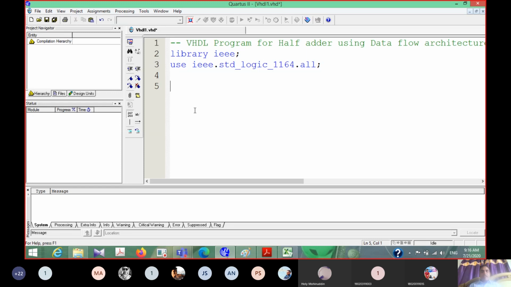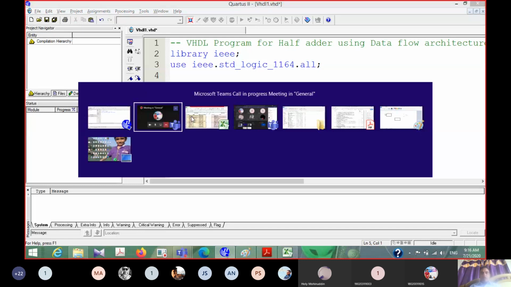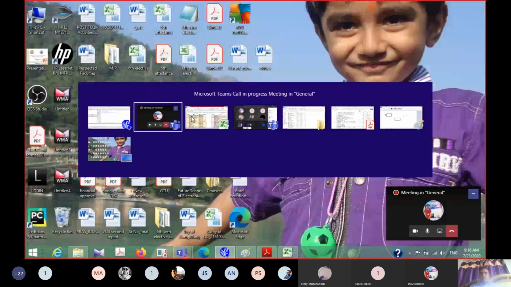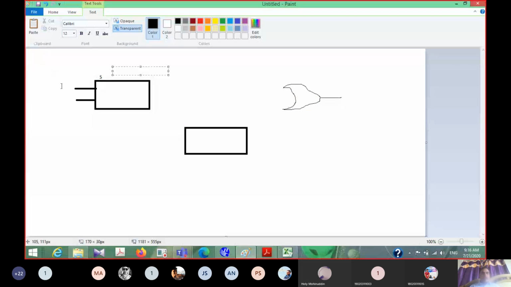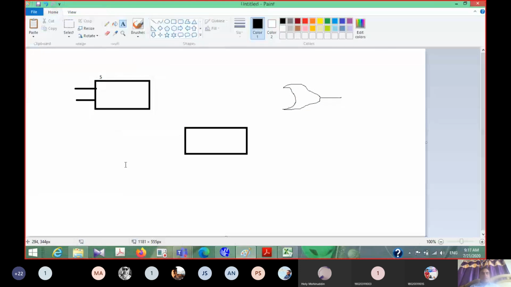The second part is the entity declaration. Here we want to implement the half adder, so what should our entity be? In the entity we have to declare the ports. Suppose this is the half adder. In a half adder there is one XOR gate,